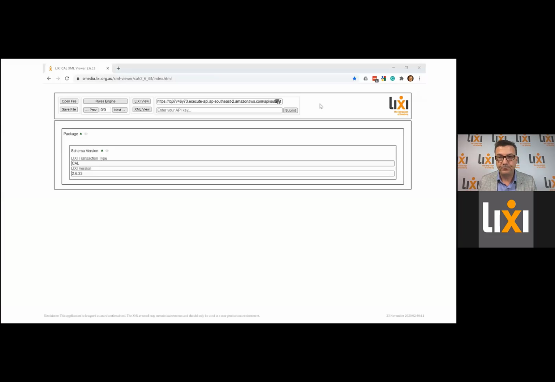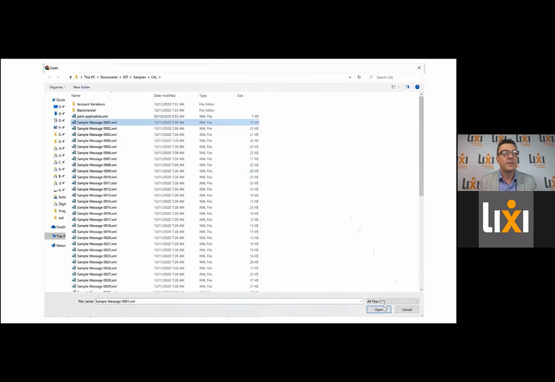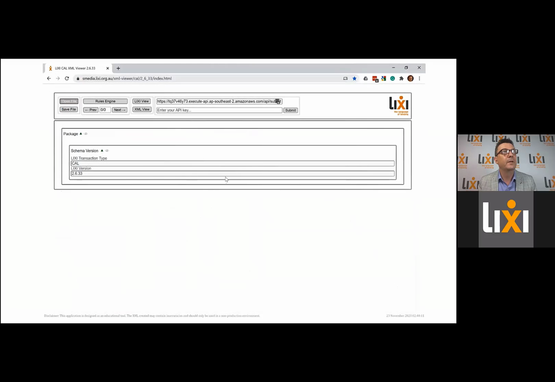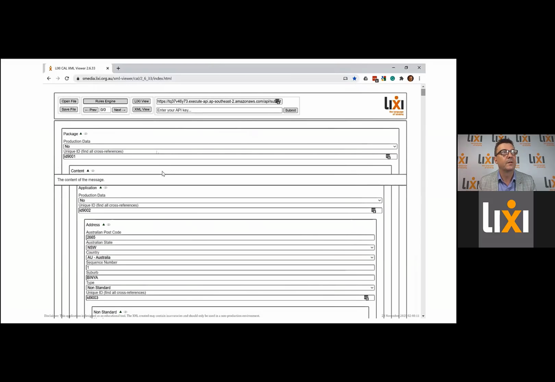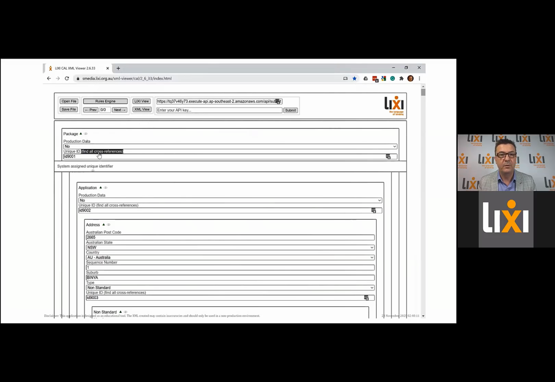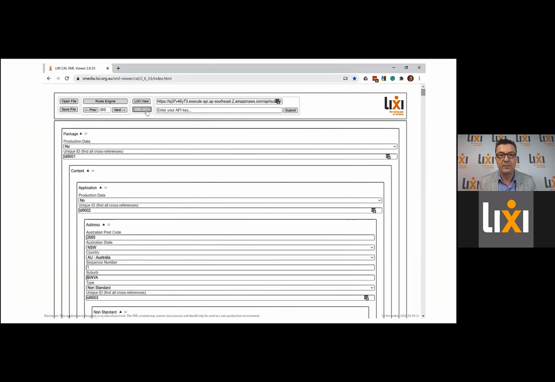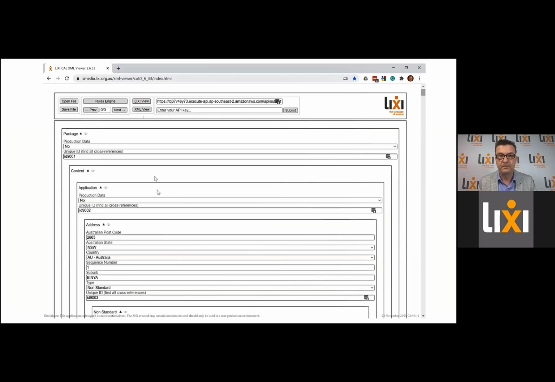And what does it look like? Here's an example. So I'll just open a sample file from our repository. And you can see once that loads, it auto-validates the rules to check that everything's okay. So that sample's okay. You can see the documentation from the schema embedded in the form. It's really great for BAs just to look at the data right alongside the definitions. You can see the XML itself right there in the form.